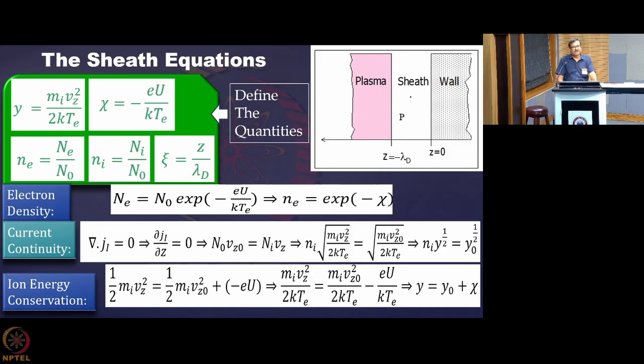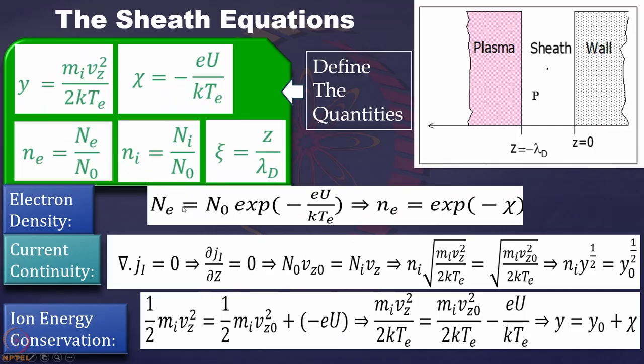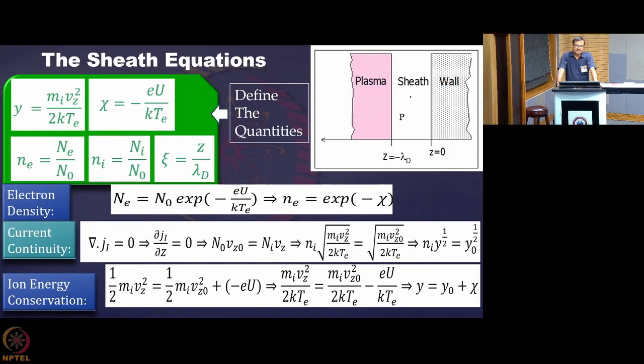Now we will be asking, why are you trying to do so? One thing is that when you define something in terms of dimensionless parameters, then scaling up is very easy, and when you switch from one system to another system, you can interpret your results in a much better way. The other thing is that we are trying to arrive at the condition for existence of plasma sheath, whether it will always exist or there is some condition which needs to be met for the sheath to exist. So these are the things.